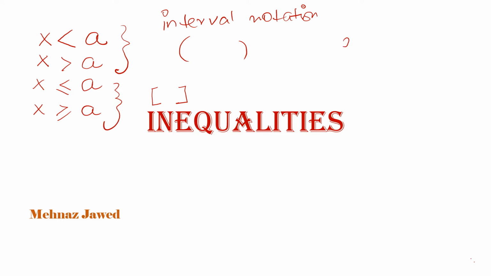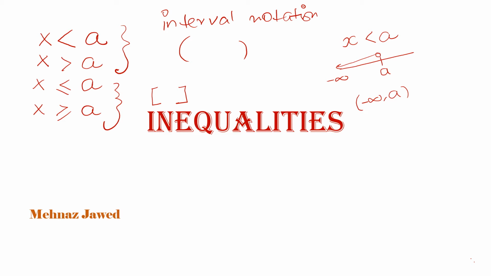Now for example, x is less than a, and you have to represent it in interval notation form. Remember that this is your a, less than means it should be on the left hand side. If they ask you to write it on the number line, which I'm making, you will use the hollow point, and here it is negative infinity. So you will write negative infinity comma a, and infinity, whether negative or positive, is always with the small brackets. A will also be a small bracket.